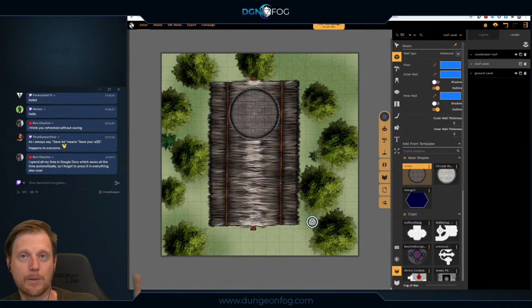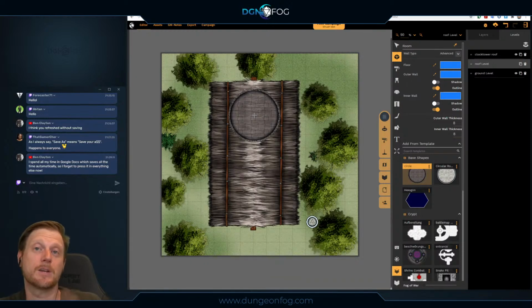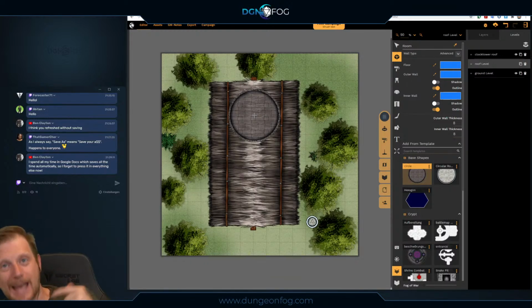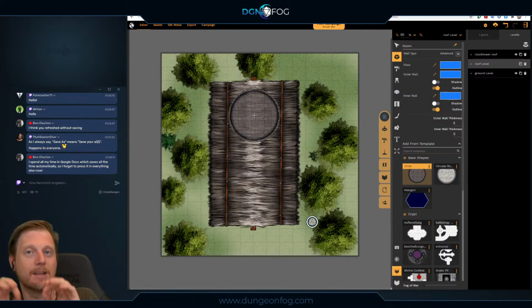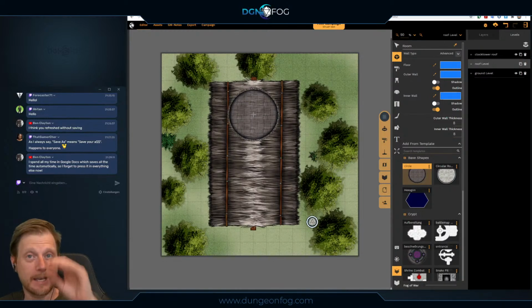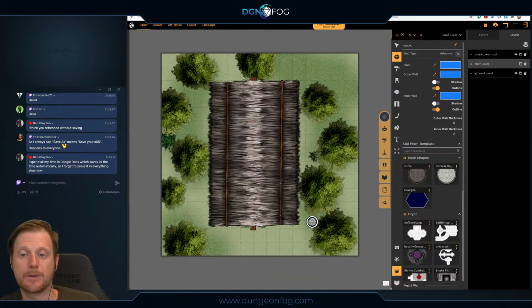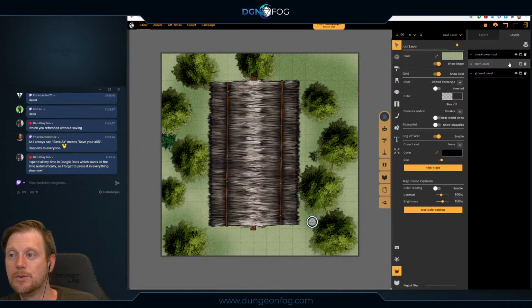And now with over 300,000 people using DungeonFog, we need to make sure that we're not accidentally burning down our server. But I think eventually we're going to figure out a good balance to make something like an autosave that is saving to the server. Because keep in mind, DungeonFog actually has an autosave that is storing in the local browser database, but it's not constantly saving to the server. So saving to the server is actually something you need to